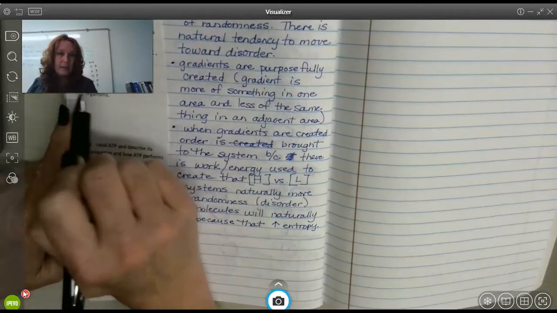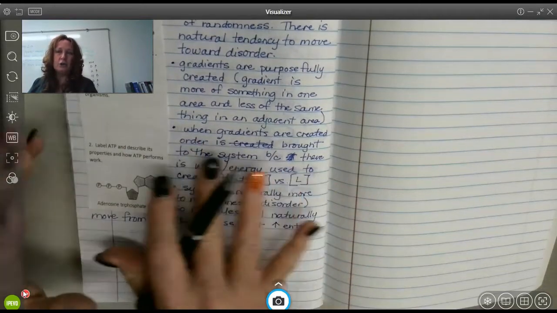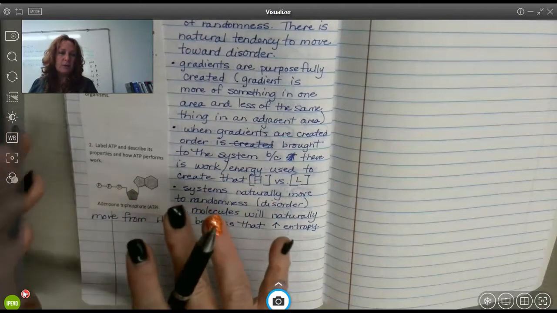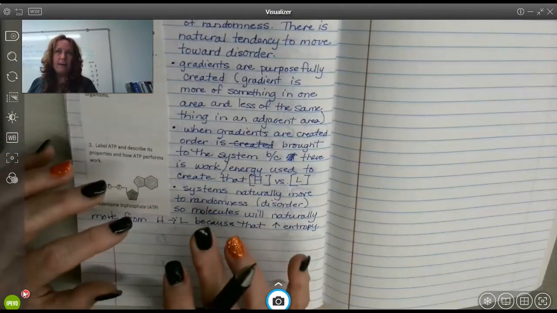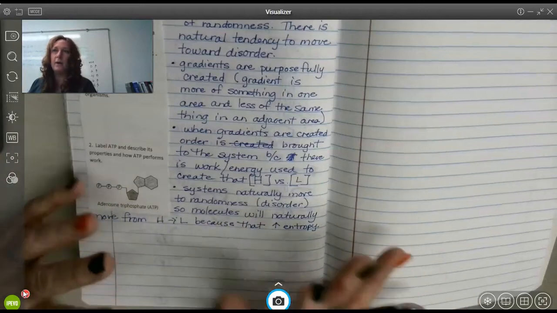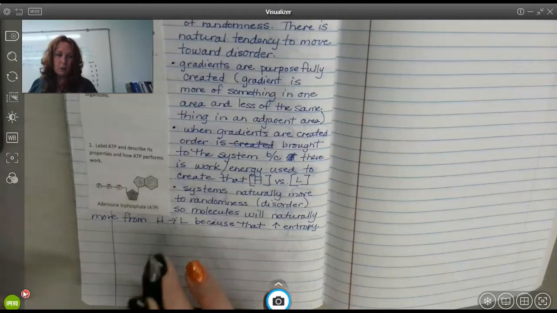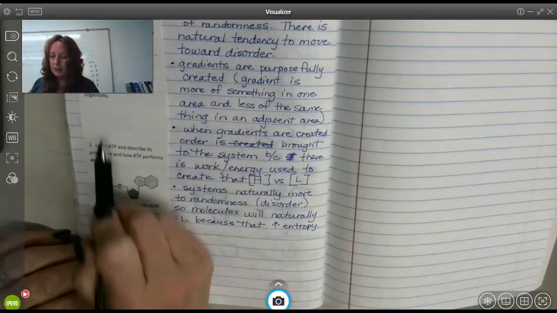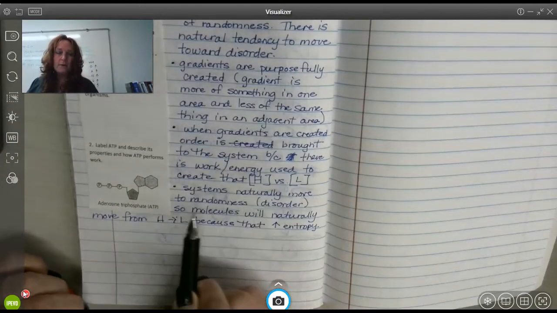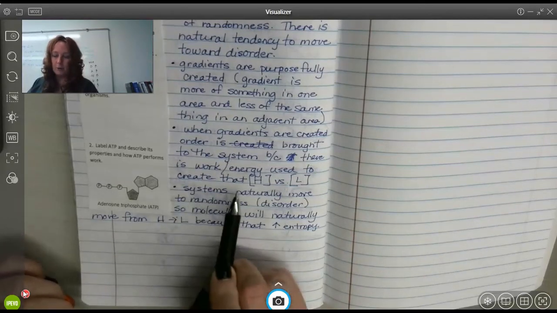So that's the big focus of 8.1. 8.1 has a lot of just Gibbs free energy and the reason why you have different reactions that will occur spontaneously or that you have to add energy to occur. So there's a lot in that that we really don't go over a whole lot. But this particular part right here, there's a lot of good content knowledge that you have to bring here.